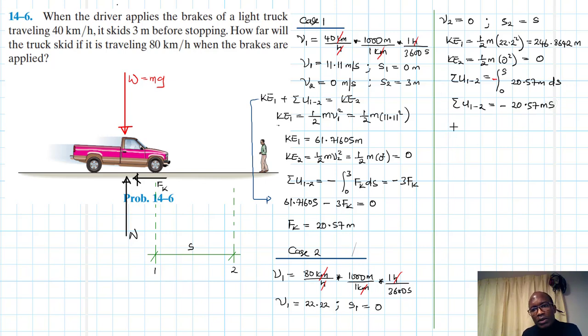Summing up all these, we have 246.8642 m minus 20.57 m s equal to 0. So m and m cancel, therefore our s is going to be equal to